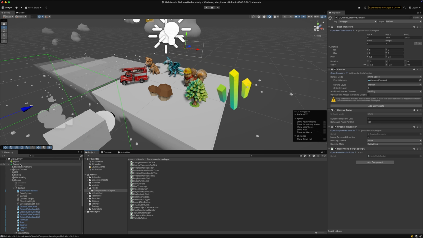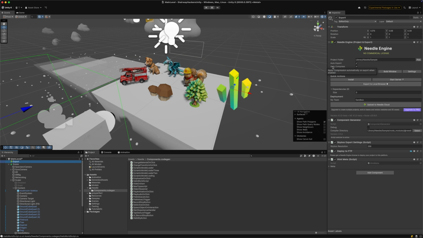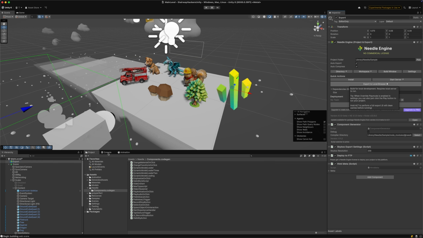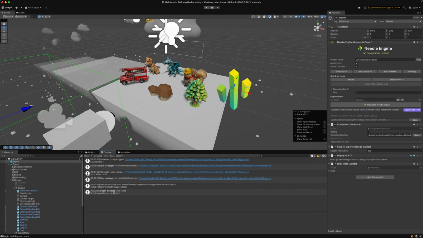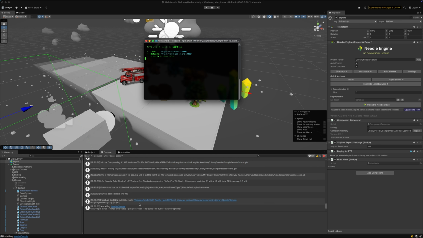printed. So to run this locally, it's also quite easy. All we need to do is export to a local browser. We can also see the progress within our console here, so begin building web scene, and it will take a few seconds, especially the first time, but after that it's going to be very fast, so you'll be able to make changes almost at runtime. Alright, and now we can see that it is done, finished building, and it's running on our localhost 3000,